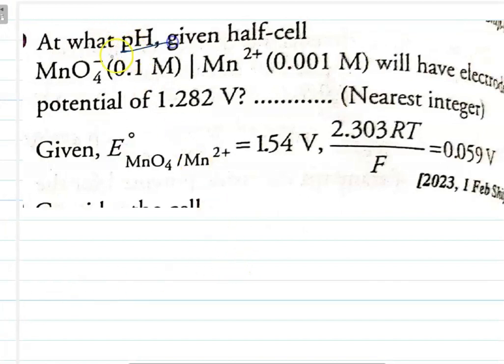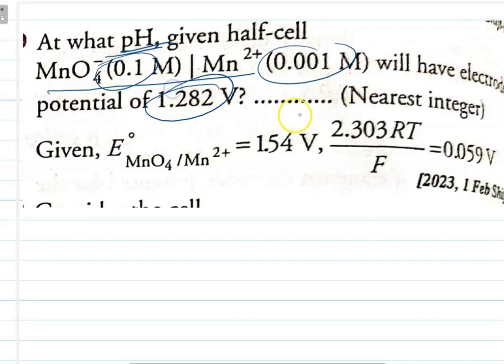You can see the question: at what pH the given half cell. He has given a half cell, MnO4 minus converted to Mn plus 2. He has given the concentrations also, and the electrode potential is also given. He has asked us for pH, so it is a problem relating to pH. We are solving each and every question. We have solved delta G, we have solved for Kc, we have solved for E naught cell, we have solved for oxidation potential, we have solved for cell representation or cell notations. So one of them is pH.